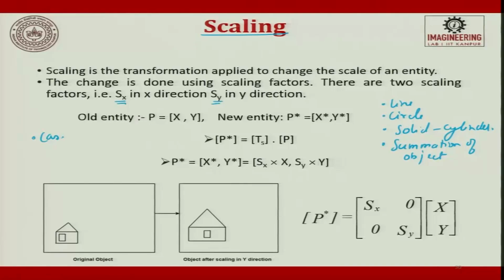So, what are the cases? The cases in scaling can be both x and y scaling, only x scaling, and only y scaling. So, three cases are possible. Here we are focused only on 2D, scaling in 2D, transformation in 2D, just for simplicity in understanding. The old coordinates point is this, I am choosing this point which is x comma y,